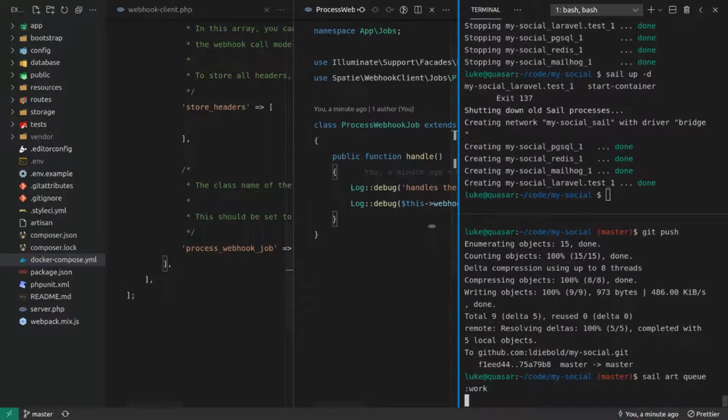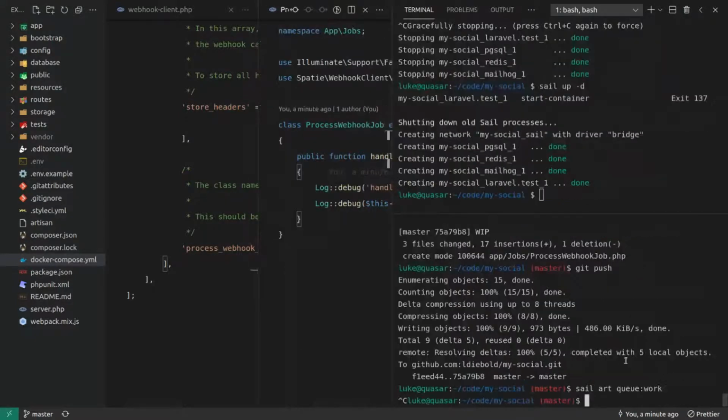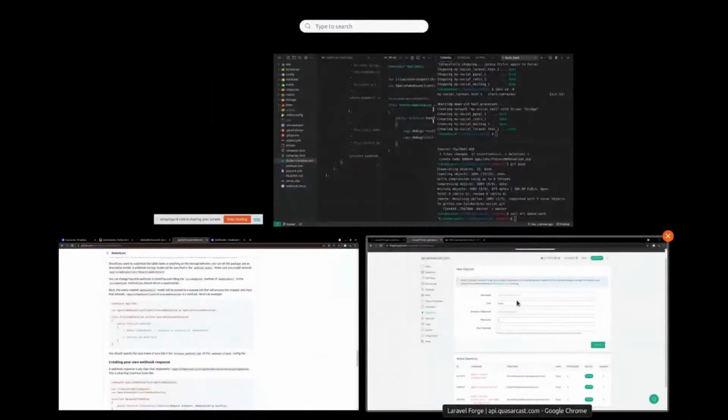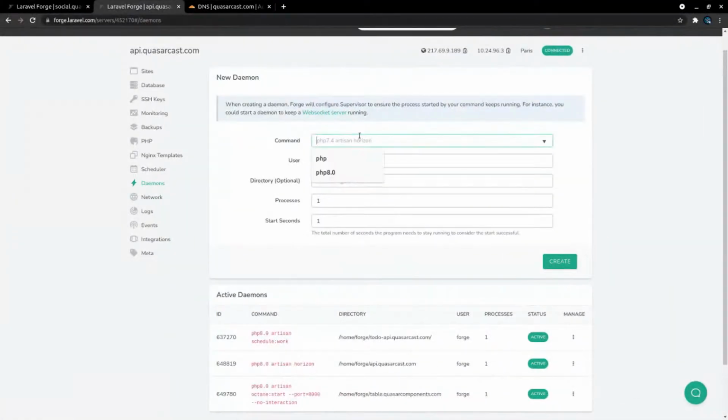The only reason I haven't installed Horizon is because in order to use Horizon, I would then have to set up authentication and all that kind of stuff. So maybe I should have just set this thing up with authentication and disabled registration and just made an account for myself. But I didn't.